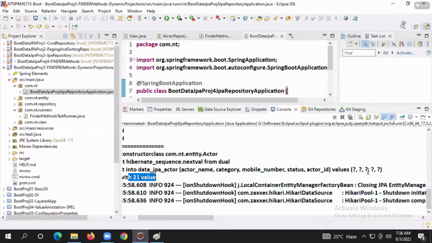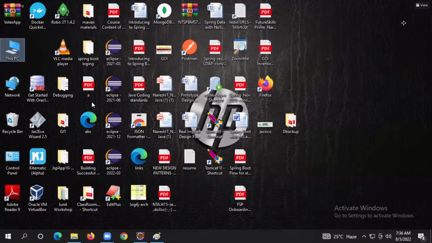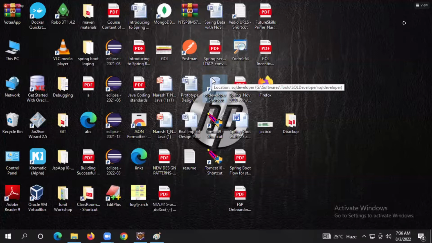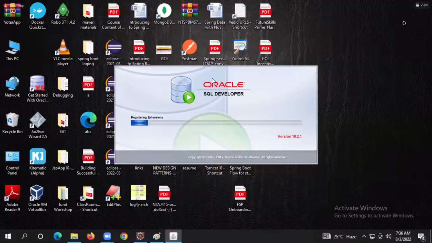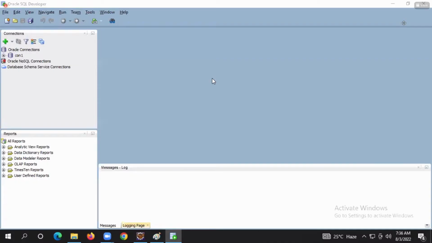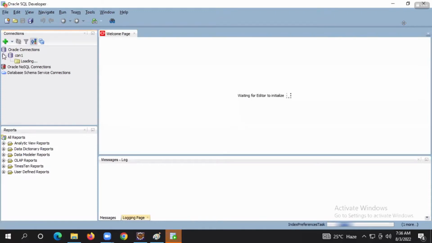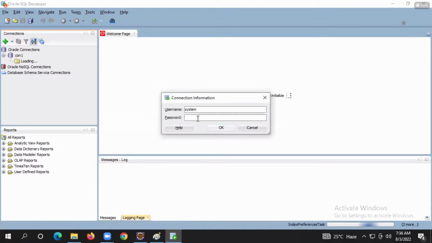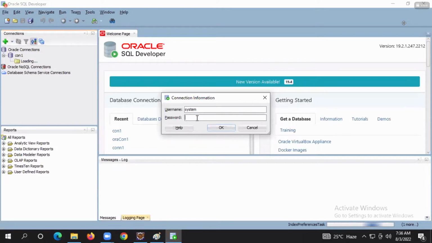Remaining things you will be having null values. Or for a Boolean property, what will be there? False will be there. That's why zero will be inserted. But remaining things, null values will be there or not. If it is a wrapper property, a wrapper Boolean taken, then there also emptiness will come, because wrapper Boolean holds null only now, boss. Simple Boolean holds false as the default value, whereas wrapper Boolean holds what? Database side 0 and 1, from Java side false and true, for simple Boolean.